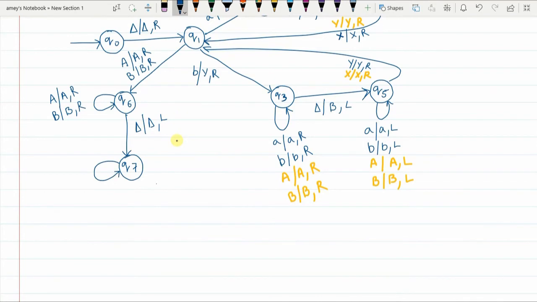So as you go leftwards, if you encounter capital X, I replace it with small a and the pointer will move to the left. That means X was copied, no? If you encounter capital A on the way, I replace it with small a, move to the left. That means a was pasted. Similarly, if you encounter capital Y, replace it with small b, pointer moves to the left. If you encounter capital B, replace it with b, move to the left. This is what you're going to do in Q7.